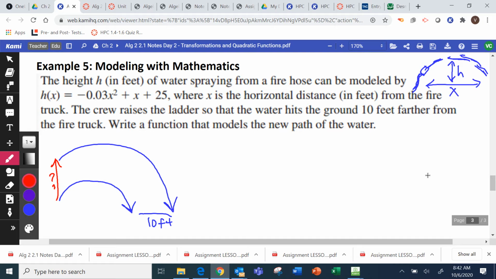What's changing? What's changing in this? Jackson? How far the water goes? Because what changed to make it go? The height of the truck. Right, we raised it up so that the hose is starting higher up. So it has further to go down, basically. That's what's happening. That's because we went up higher. So really, we're trying to figure out